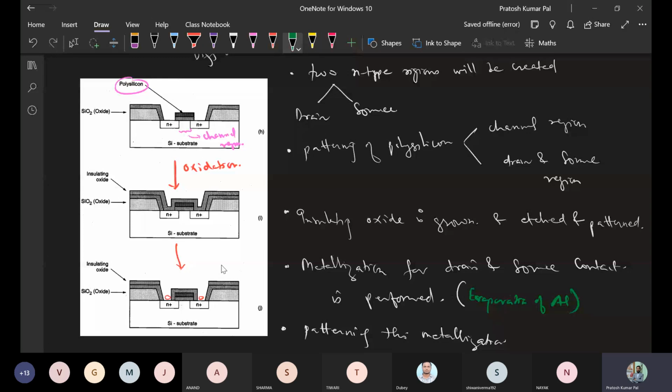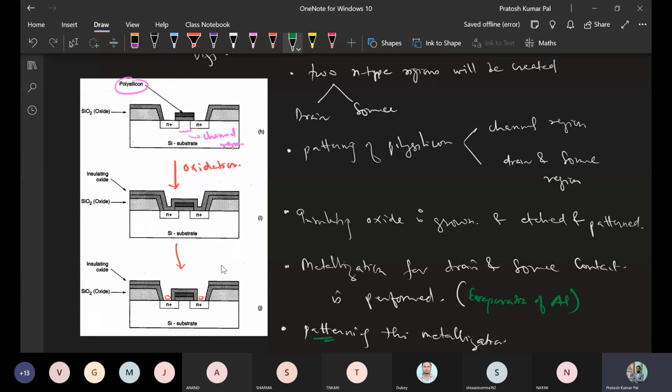That melting can be done with different methods. We have seen resistive and electron beam heating, or we can have inductive and RF heating used for evaporation. Basically, we will use either resistive or electron beam heating to have better evaporation. After evaporation, the aluminum will be condensed onto the selected region, and then we will do patterning and etching to remove the selected regions, and finally we will obtain the device.